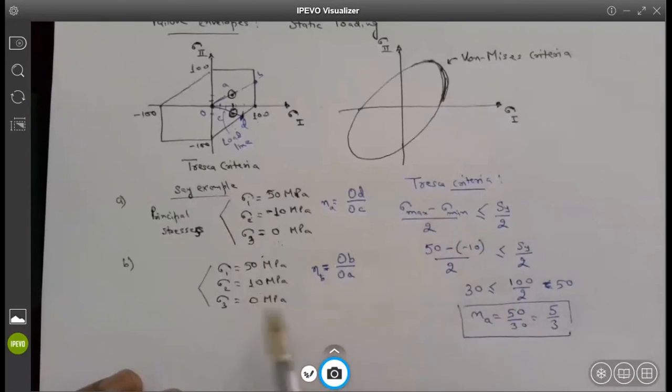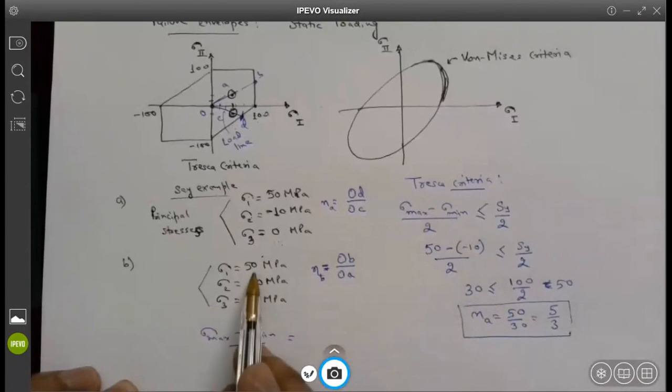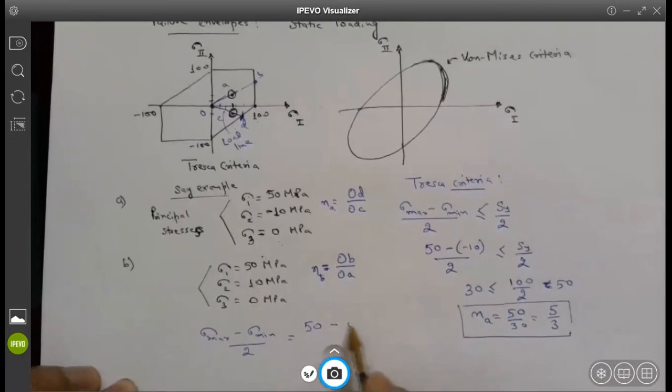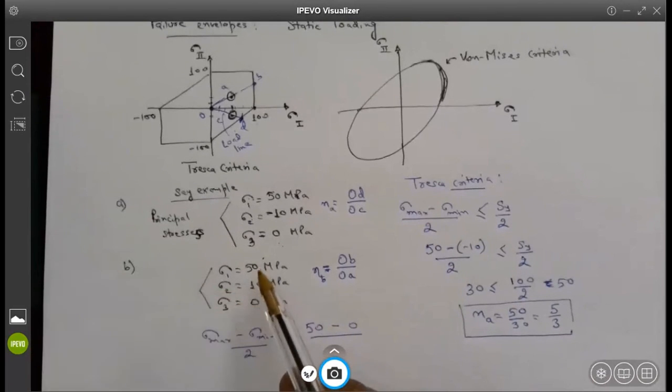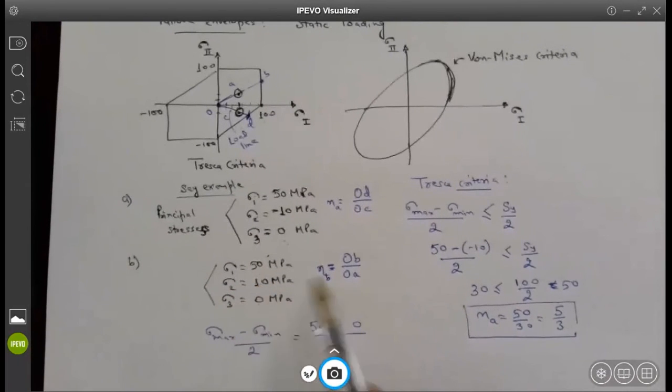Yeah. In this scenario, for loading scenario B, if I have the same sigma max minus sigma min divided by 2, I will get sigma max as 50 megapascals. You agree? Yeah. And what is sigma minimum now? 0. Now you are considering this 0 just because you are considering sigma 3. If you do not take sigma 3 into account, you would consider sigma minimum as only 10. And that would be a mistake, because actually the sigma 3 is 0, and that is the minimum principal stress, which you have to consider here. Does it make sense?